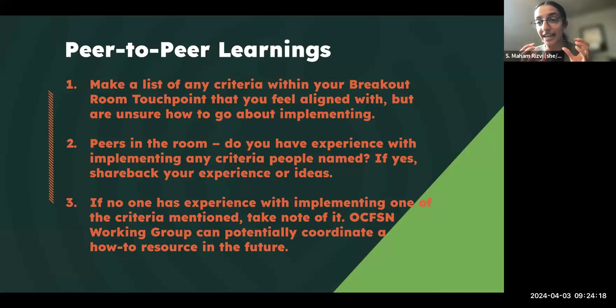And my hope is that if someone can identify there's a criteria they would love to do, either with an eligibility screener or with nutrition education curriculum, that there might be other people in the room who can offer advice or examples or have their own experience to share. And it can be an open-ended share and advice giving session amongst us all. And then we'll give you a warning when the 15 minutes is coming to a close, and we'll come back to the main room, take a breath,